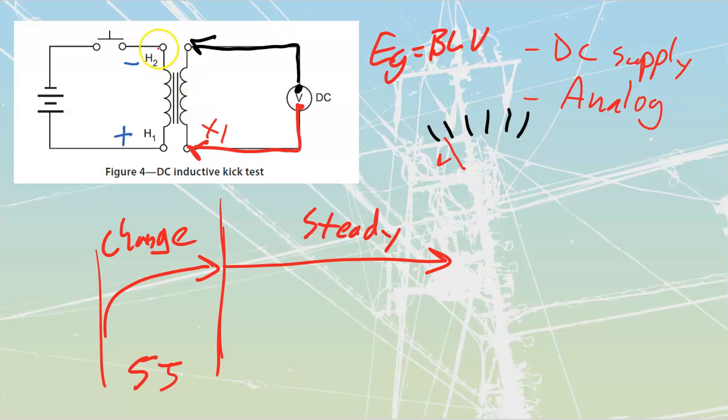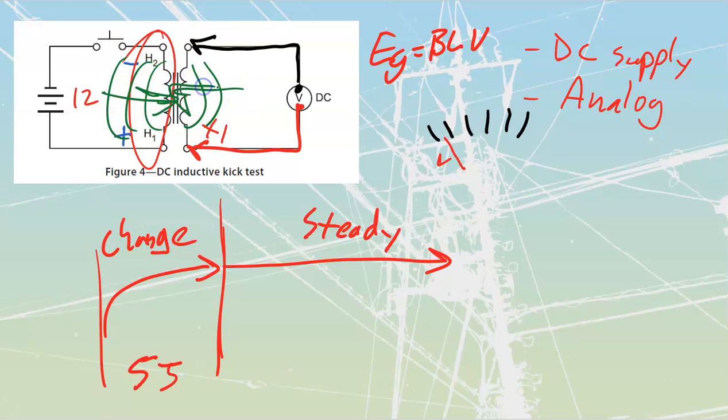Once again, when we're doing our test, we're going to feed the value of voltage, even if it's a 12-volt battery that we're going to use. We're always going to feed it into the high voltage side so that whatever we're kicking out over here is going to be an even lower amount of voltage on the opposite side. There will be a kick that will happen when we open this up over here, because we've got all these lines of flux that are stretched out and around, and they're now going to collapse back inside. When they do collapse back inside, there is going to be cutting action again, and so my pointer is going to kick in the